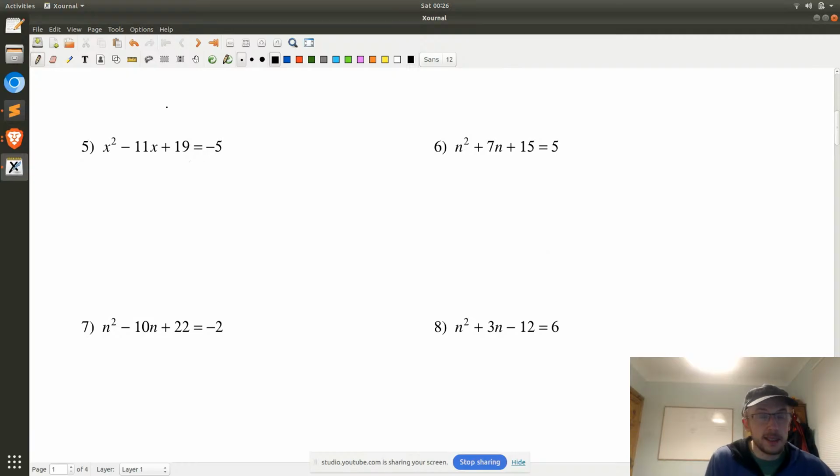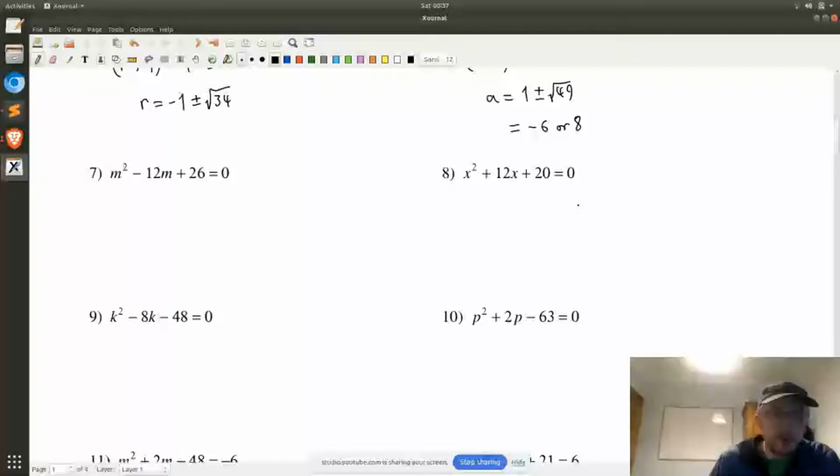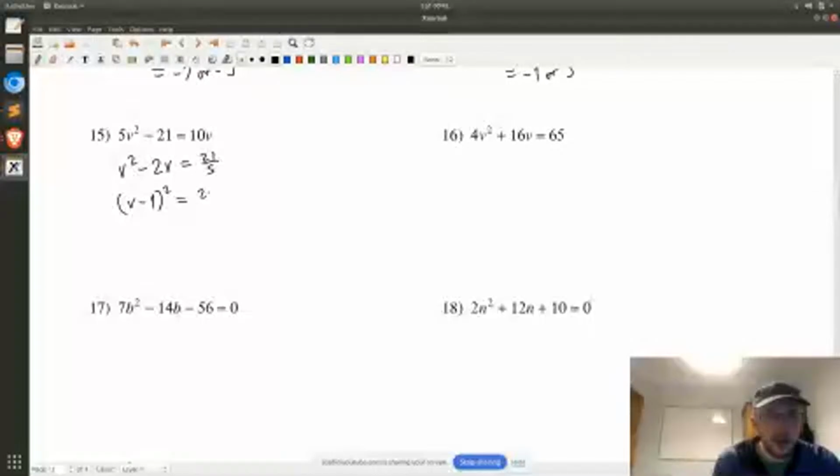Here we are mandated to factorize this one, so add on 5 to both sides. You get x squared take 11x plus 24. You factorize and you get x take 8 times x take 3. As for here, 5, and then that's equal